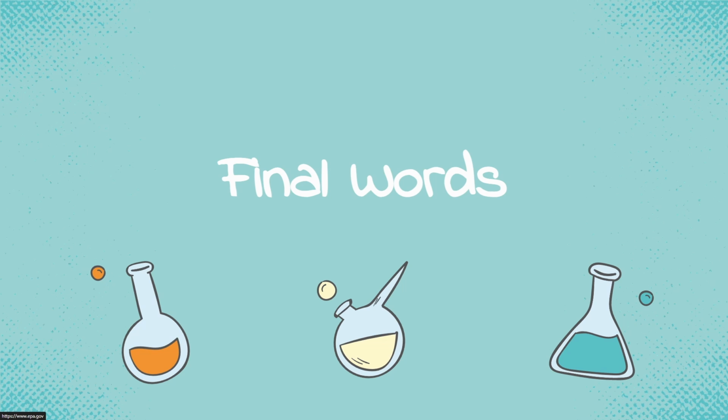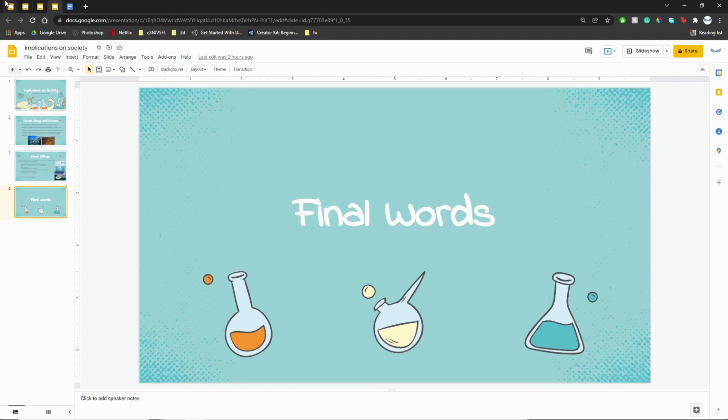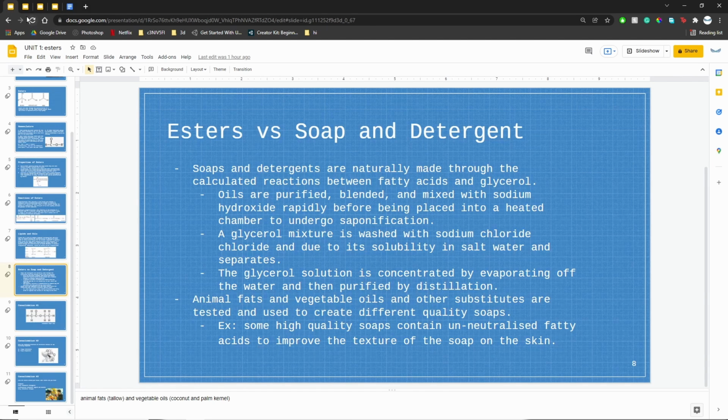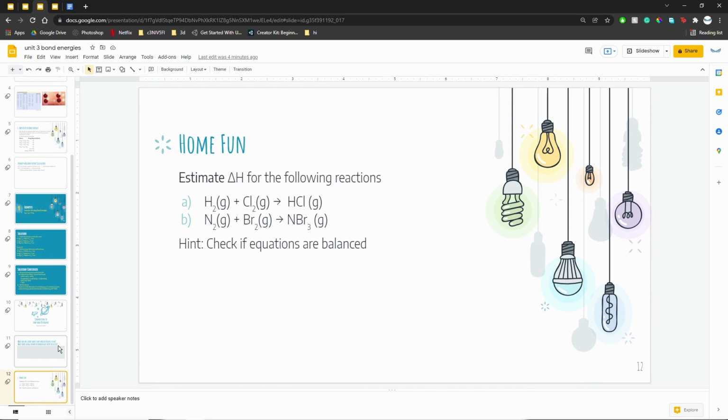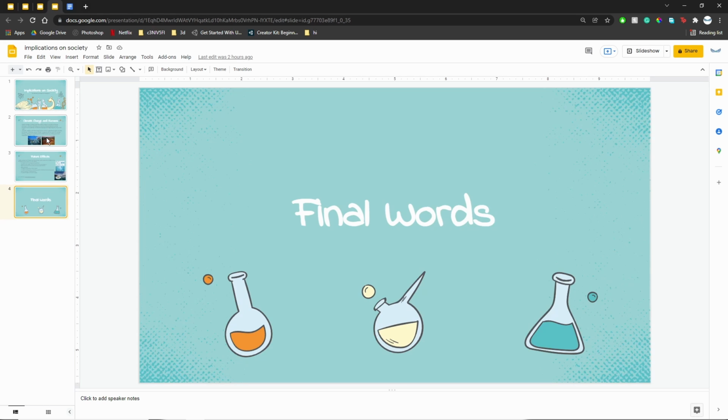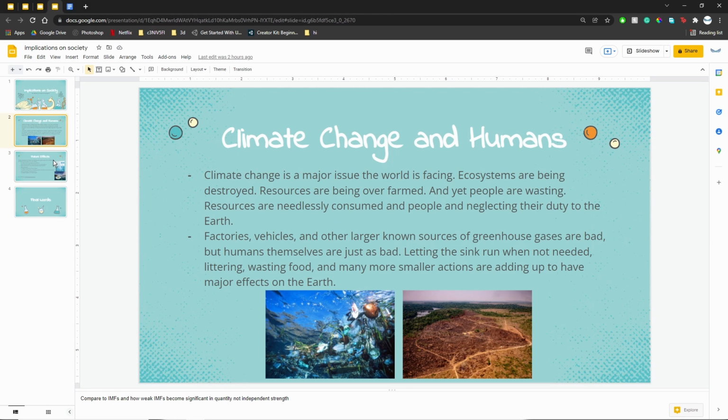And so, yeah, these are my final words. I hope that through these lessons you're able to understand esters, soaps, and understand the importance of why we need to study soaps, because our earth is dying, and it's not going to stop unless we realize the small things, like how our soaps are made, how we put garbage in waters, and how we let our sinks run